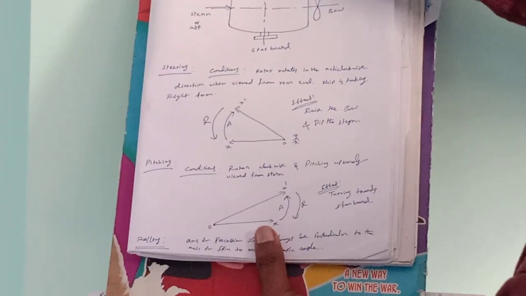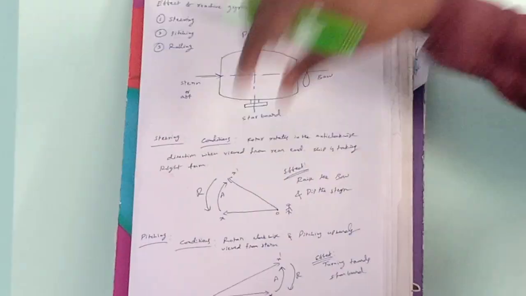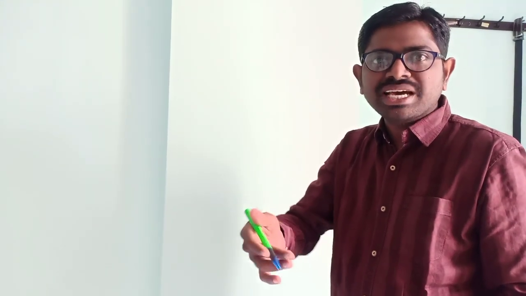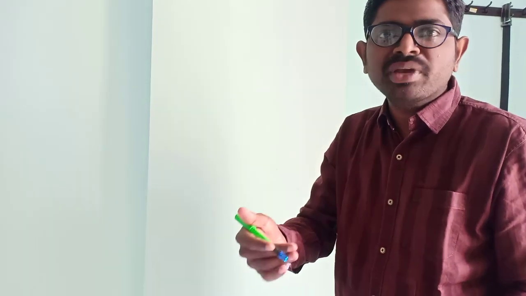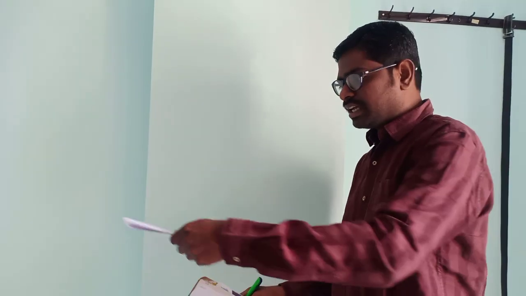Now I have to decide what is the effect on this naval ship because of this. How to decide? You see, whenever the axis of spin and the axis of precession are both perpendicular to each other, then there is a possibility of forming a gyroscopic couple. In this case, if I observe, this is the naval ship,